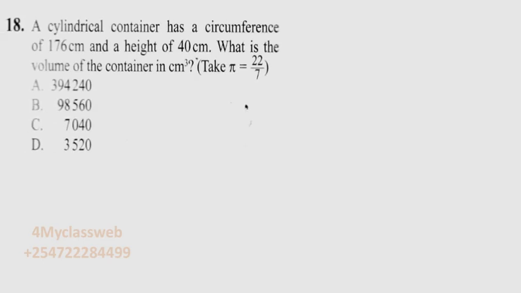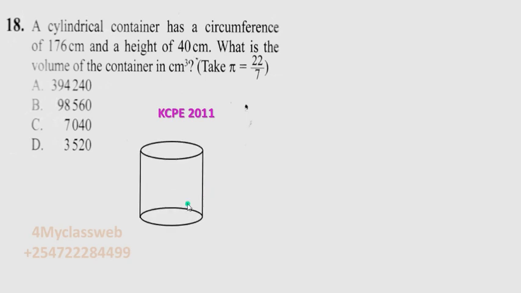This was question number 18 for the KCPE for the year 2011, and it has been requested by one of the viewers. It was about a cylindrical container that has a circumference of 176 centimeters and a height of 40 centimeters. The question is, what is the volume of the container in centimeters cubed? We are supposed to take pi to be 22/7. A sketch of our cylinder is something like that, which has a height of 40 centimeters,